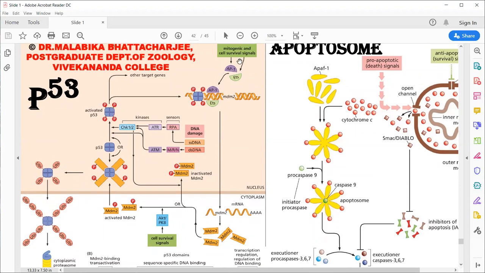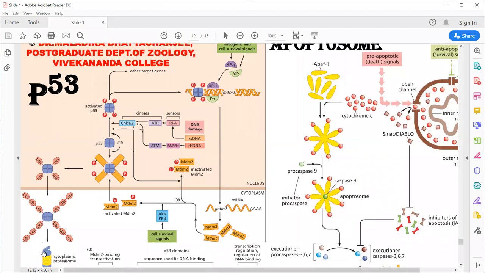So if there is a survival signal, and if there is p53 protein in the cytoplasm, p53 protein has to be inactivated. So it upregulates the MDM2 expression. Once the MDM2 expression is upregulated, the MDM2 binds with the p53, resulting in the degradation of the p53. However, if there is any DNA damage or something like that, then p53 activation also occurs. That pathway is not shown here. I discussed this in the previous slide.